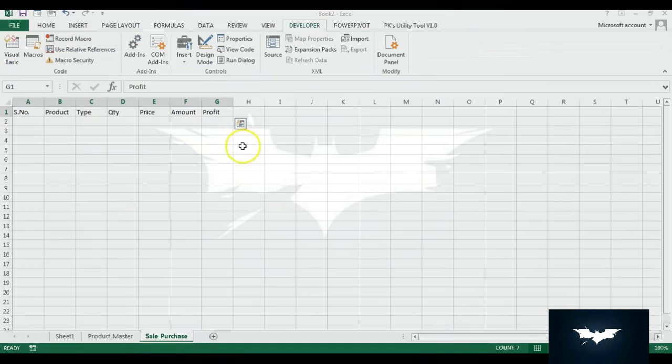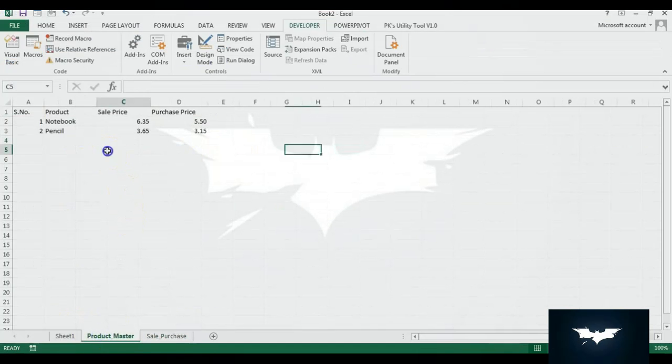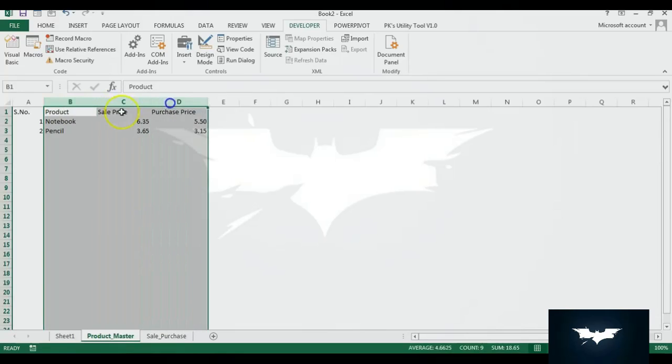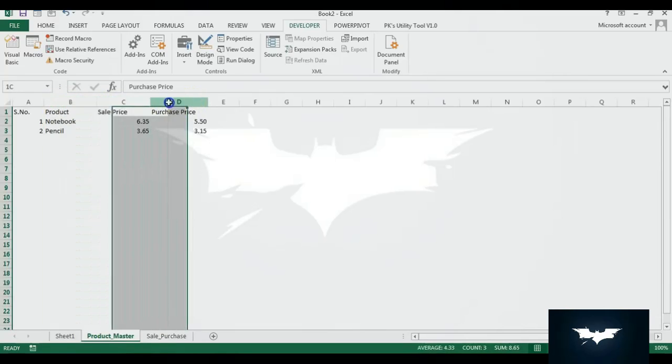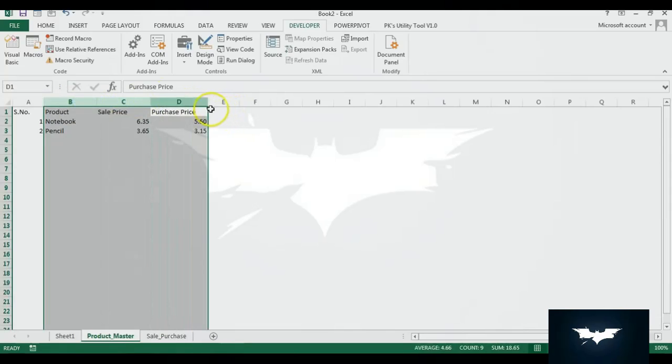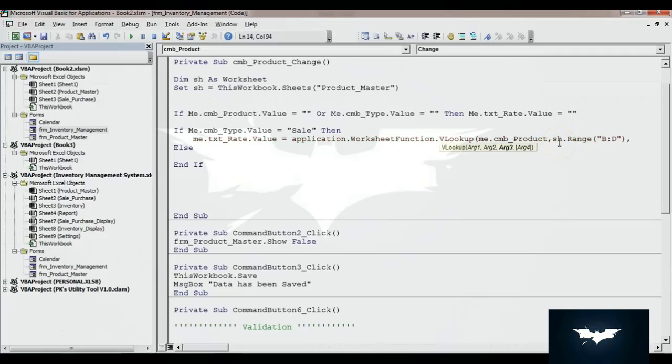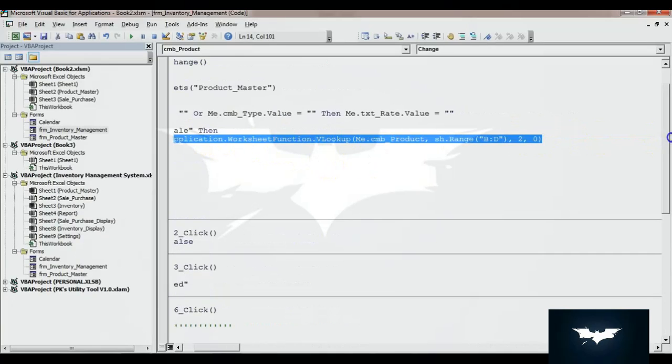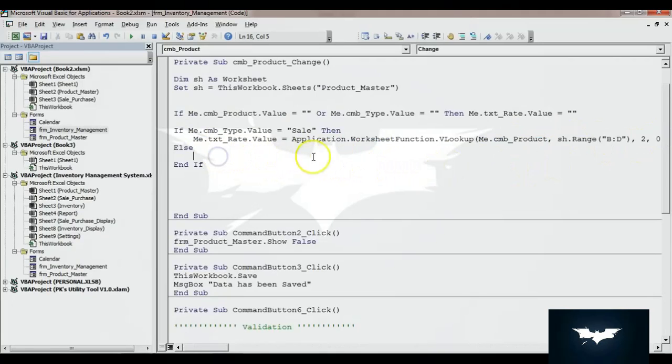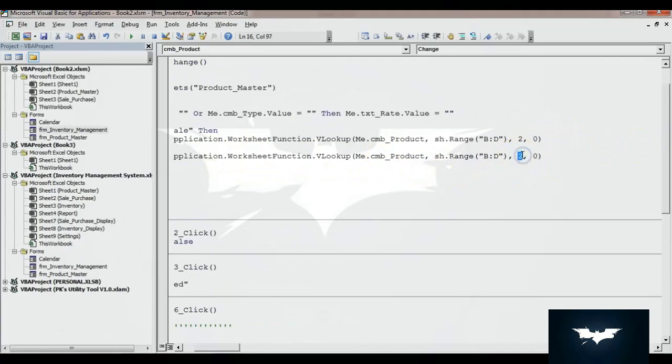Alright, so let me show you. This is product master from B2:D. Sale price is available on number 2 and the purchase price is available on number 3. So I'll take here sale price 2, 0. So it will give the sale price. If I put this code here, this time I'll take number 3.